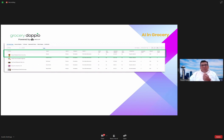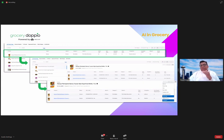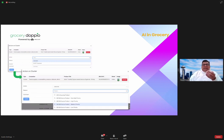rating, bestseller tags, to name a few. There are other metrics like a custom fulfillment center score that we compute as well, so that you could use that as a parameter for filtration. You can review the gap clusters or the UBRs that we have created for you. And you can then also further double click into competitor-specific information about the gaps and slice and dice the data in many different ways. Within the same application, you can mark and track the gaps for onboarding. You can completely track them from you marking them to the final onboarding that happens via your supplier management system. You can also suppress the items with